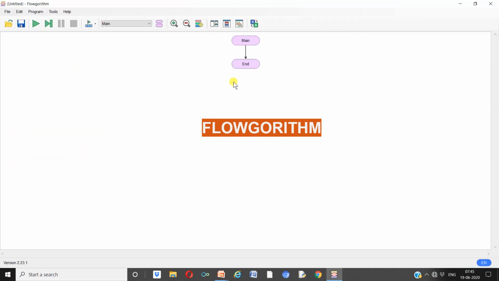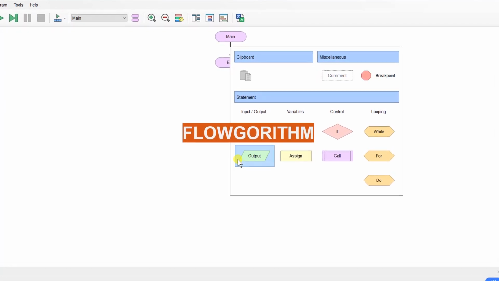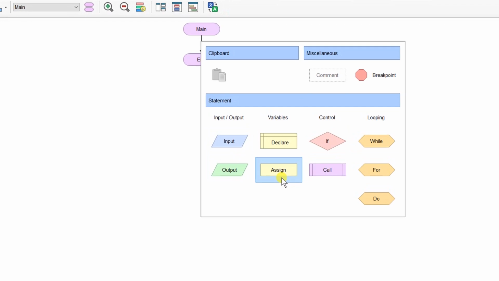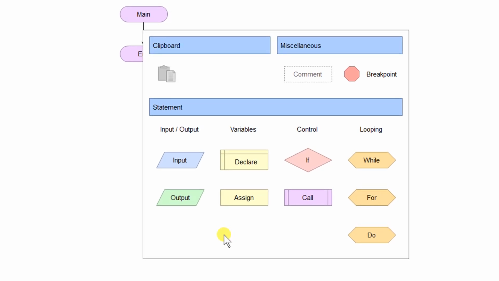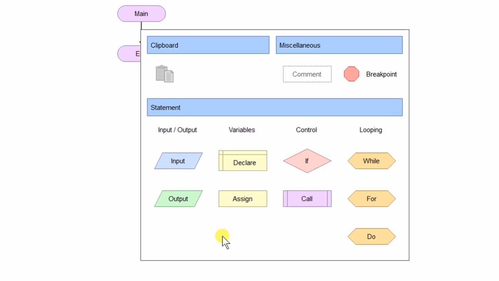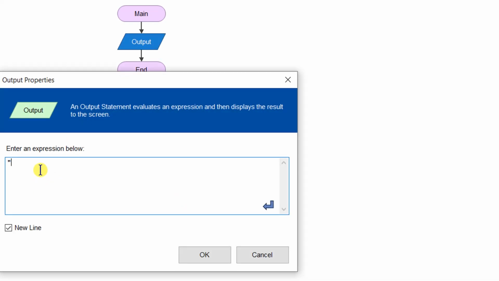Now you got this screen. You have main and end. If you click on the arrow, you can get a template that is used for any kind of algorithm. Now when a student is going to sum two numbers, what does he need to do? First of all, he needs to give a print statement or a display statement that will say enter the first value. So I need an output statement. If I click this, within double quotes I can write enter first number.